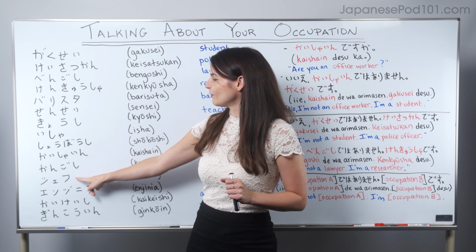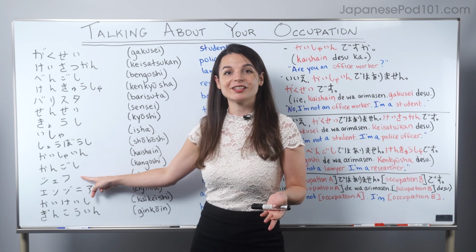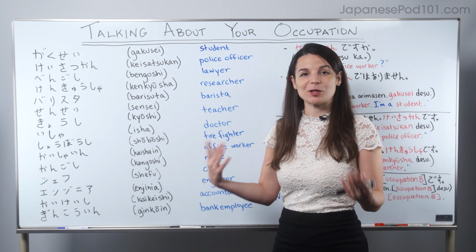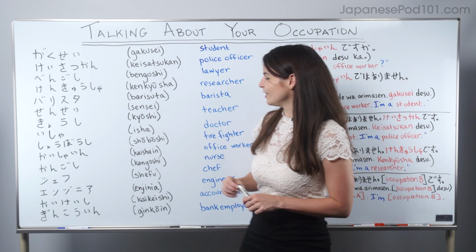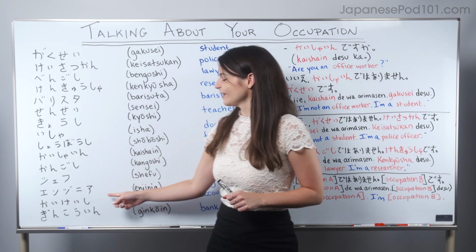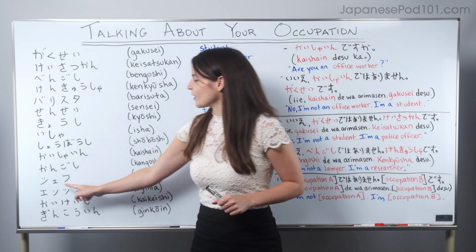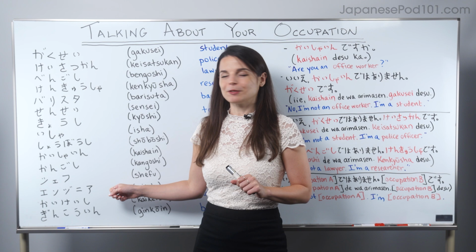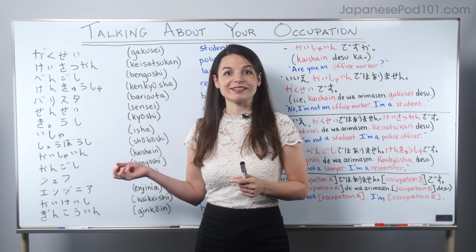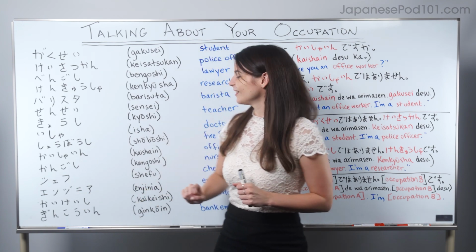Next is shefu. You can see this word, like barista, is also in katakana, a loan word. So shefu means, as you might expect, chef. Someone who prepares food is a chef. The next word is also in katakana: engineer. Engineer means engineer. Make sure you pronounce this with the Japanese pronunciation, not the English one. The part at the end is a little bit different from the English pronunciation, not near, but nia, yeah? Okay, next is